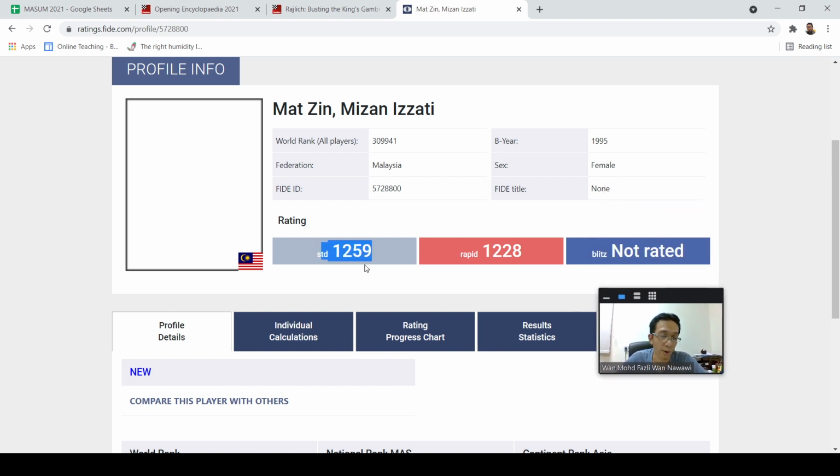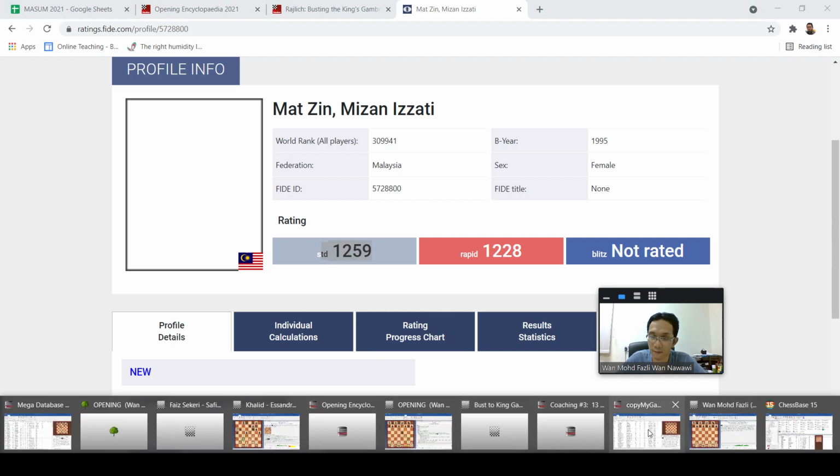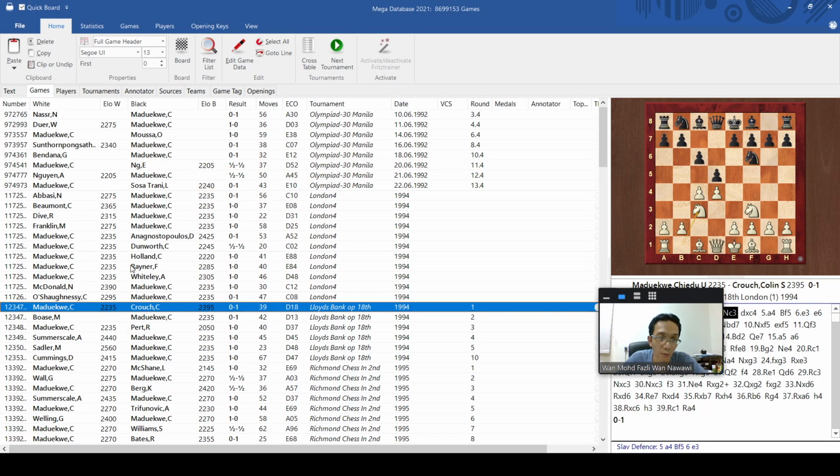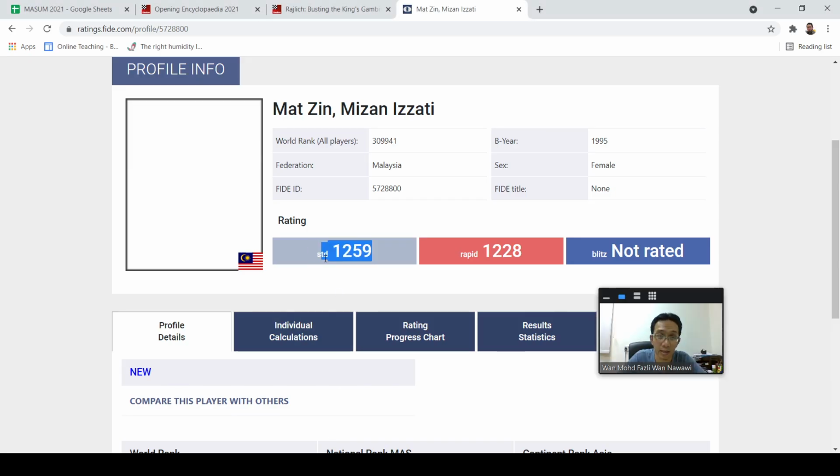Standard means, whenever you see the rating in any database or any website, whatever rating you see is basically the standard rating. Standard means classical, meaning that you need to play at least 45 minutes or 1 hour at minimum. The time control is 1 hour per person or 45 minutes per person, or at least 30 minutes and above.